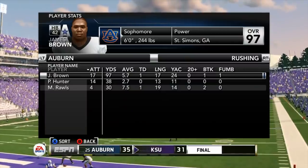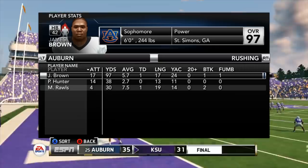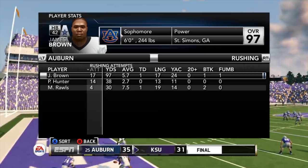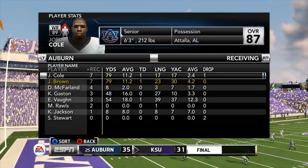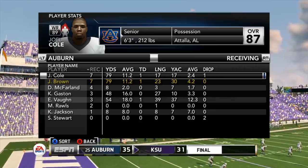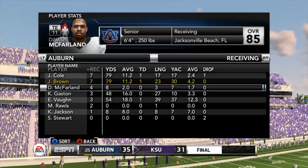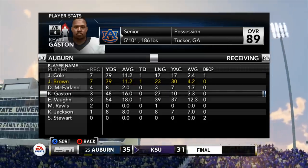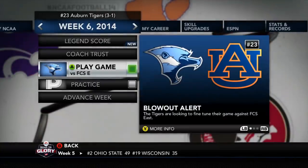On the ground today, Brown had 17 carries for 97 yards and a touchdown, looking really good, and he's getting the number of carries he really wants in a game. Receiving-wise, he had 7 catches for 79 yards and a TD, literally tying Joel Cole as the top receiver of the day. Otherwise, McFarland had 4 catches for 8 yards, Gaston 3 for 48, and Vaughn had 3 for 54 and a touchdown. After getting that W against Kansas State, we moved to number 23 in the nation, 3-1 record,